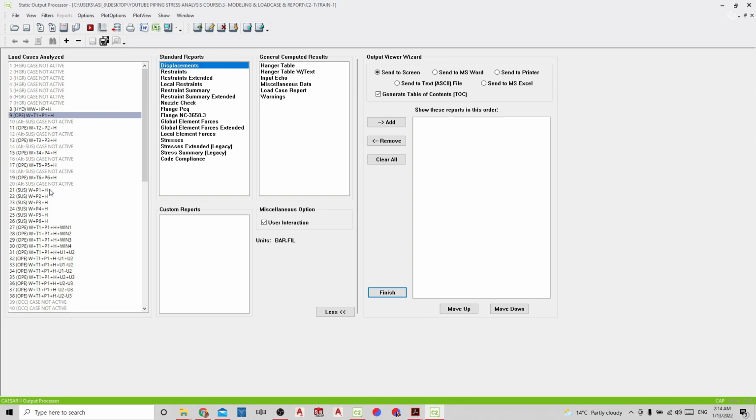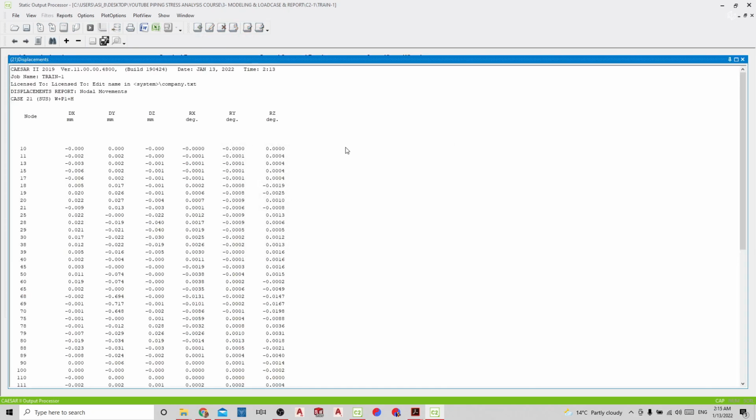After that we go with the displacement. We need to check it against the operational and the design cases, but mainly against the operational. So you open it and make sure that you don't have any displacement in the dy direction of more than 6 millimeters without any reason. Sometimes you have a reason, but you should not have any 6 millimeters nodes inside this. And this is what we call sagging. You don't need to have a sag